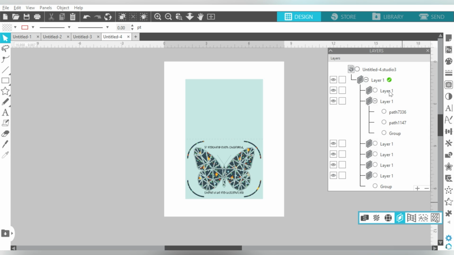Now, it's important to come in here and look at your layers because a lot of times, it says layer one, layer one, layer one, they're not named according to what would make sense for your file. So you do have the ability to rename them, you have the ability to reorganize them, and then you also have the ability to lock them and to make them visible or invisible. So definitely lots of things that you can do in here.